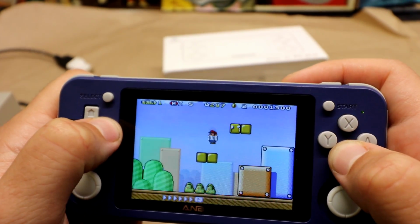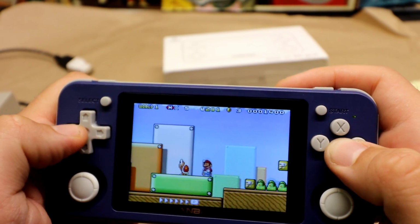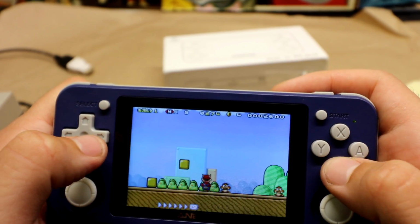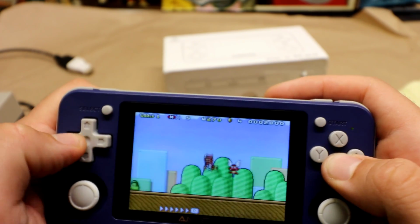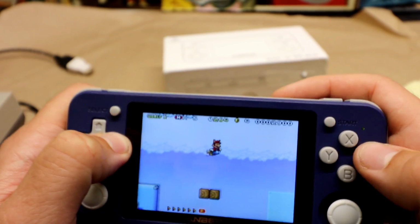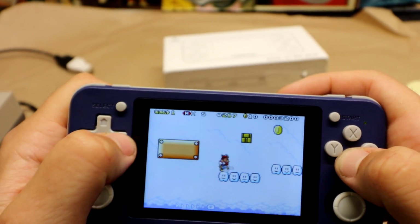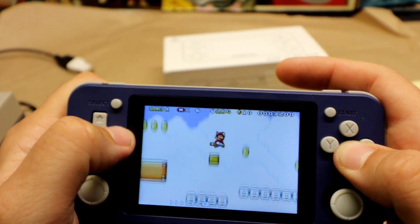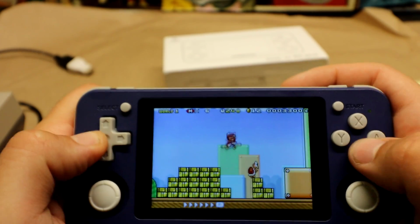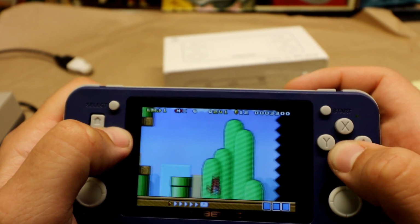If you're looking for pixel perfect Game Boy, you want to play your Nintendo, your Super Nintendo, great. If you're looking for that Dreamcast, PSP, and Nintendo 64 performance, this is not it in its current state. In the pickup and play, it's not it. But as far as build quality, as far as the screen, as far as the fact that this thing comes preloaded with thousands of games and you can buy different versions of it, and the price point, it's still something